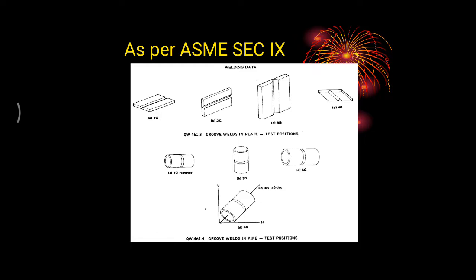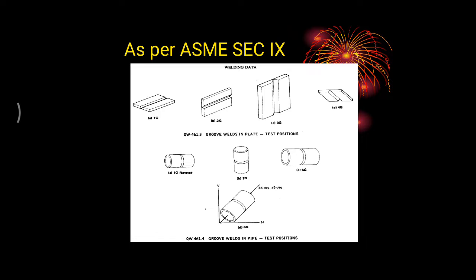Here are the elaborated pictures. So you have learned the 1, 2, 3 and 4 positions, and now it is 5 and 6. The 5G position is used for welding piping joints, when large pipes are joined in parts, because all of you know that a long pipe cannot be manufactured at once. So we join many parts, assemble, weld and fabricate them to get the required length.